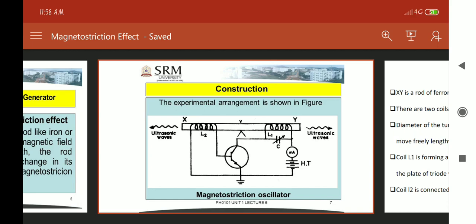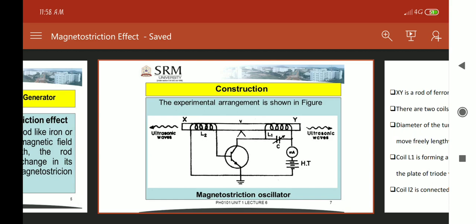The diameter of the turns of the coil is greater than the diameter of the rod, so that the rod can move freely lengthwise.